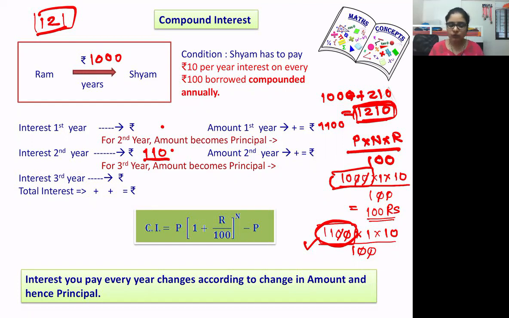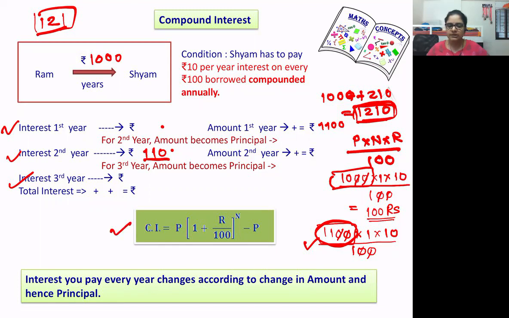Okay. So that is how compound interest is calculated. Here it was easy. We considered 1,000 rupees as the loan, or the money that is borrowed or lent by Ram. But in certain cases, it could be more years, and here it was just for two years. So we could calculate it like this. But what if the number of years is more? It's better to use the formula. Here is the formula for compound interest.